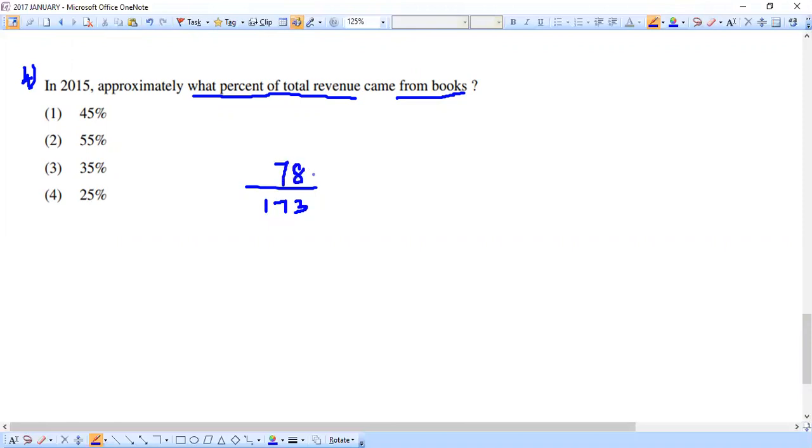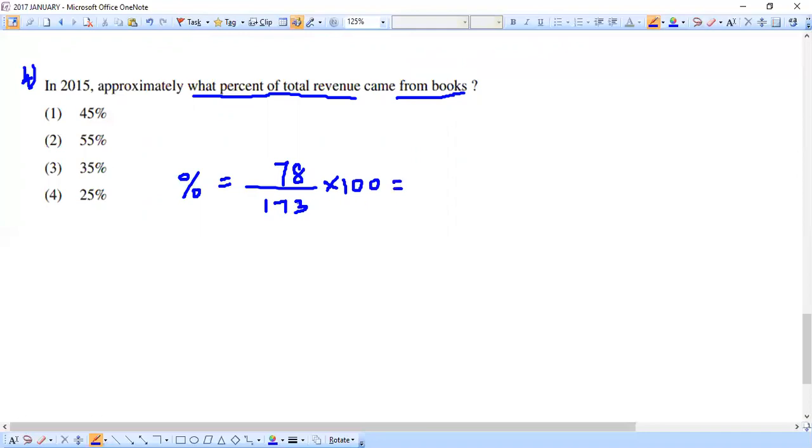So this is all we have in the question. Fine. So for which calculation should we do? We have already tried many questions from percentages. So in order to find what percentage, what we do, the total 173 is our denominator, and fix for what value we are about to find the percentage, fix it in the numerator. So 78 into 100. So this simplification would actually give the answer to the question.